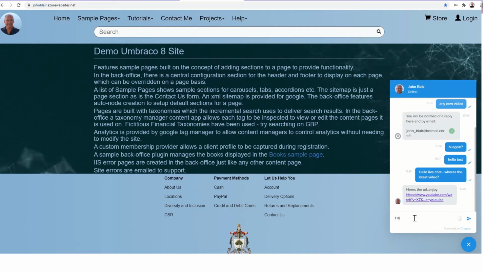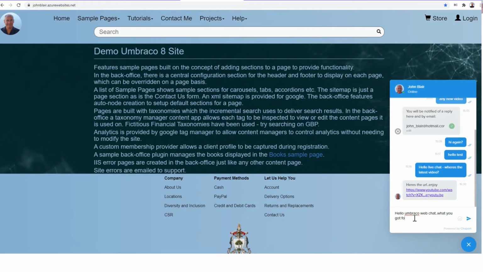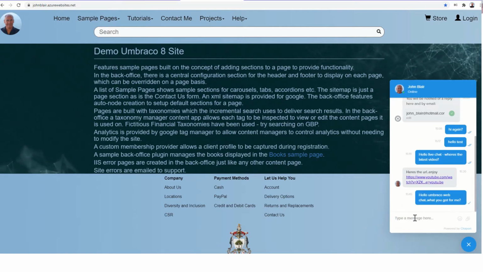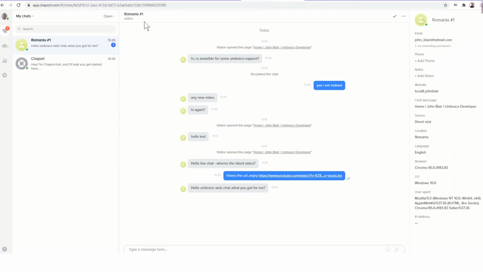So that's the message just sent, and if we go to the Chaport product, we can see